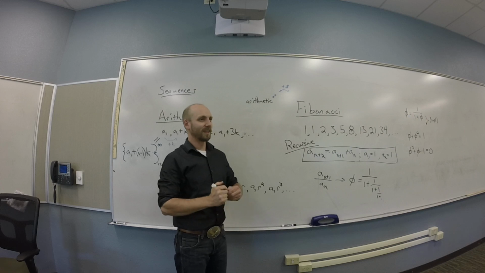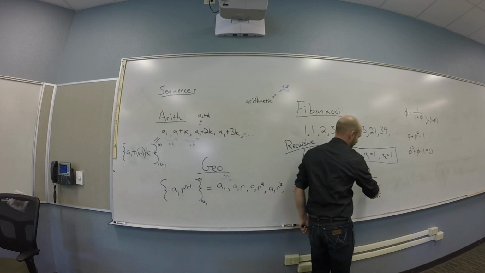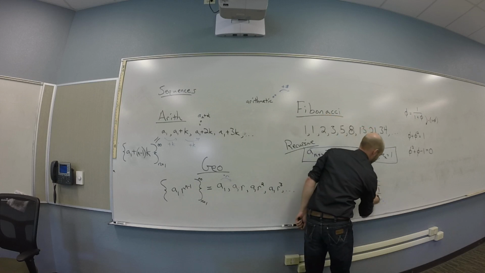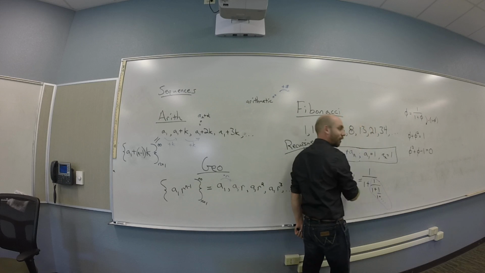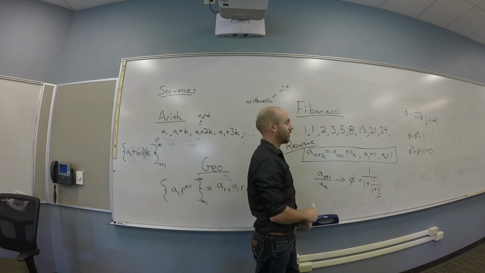You guys see what I did there to get that? I just noticed that if this thing keeps going forever, then this part is another one of those. You guys cool with that? So you'll find out it's like